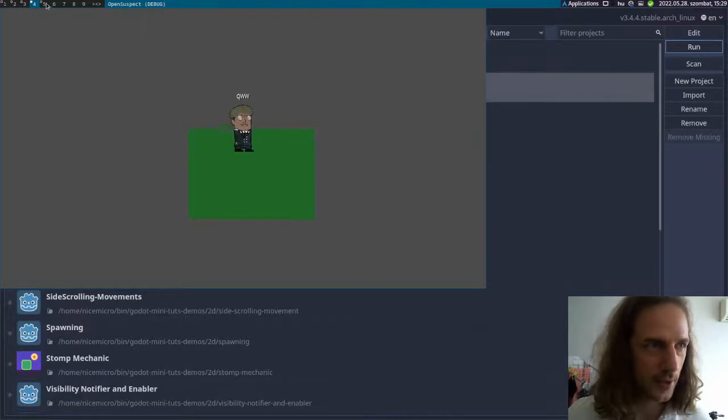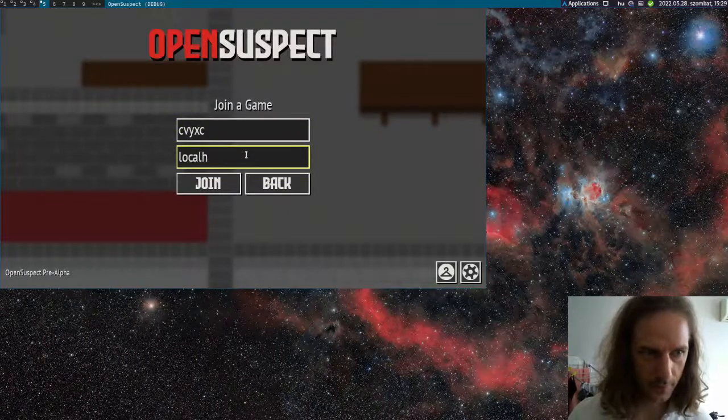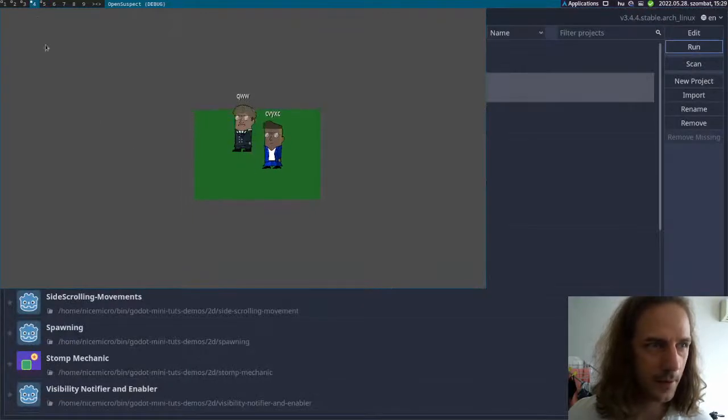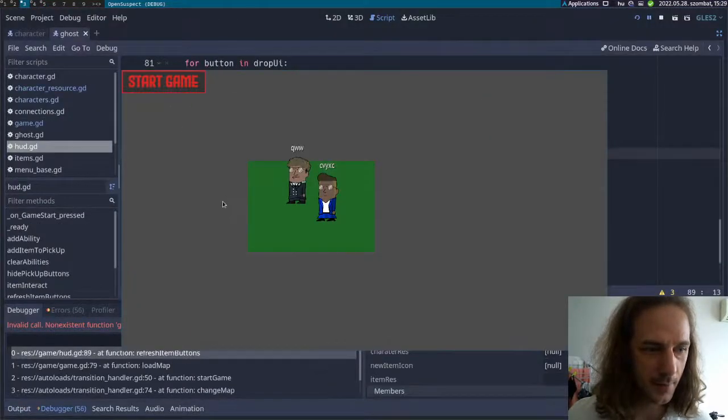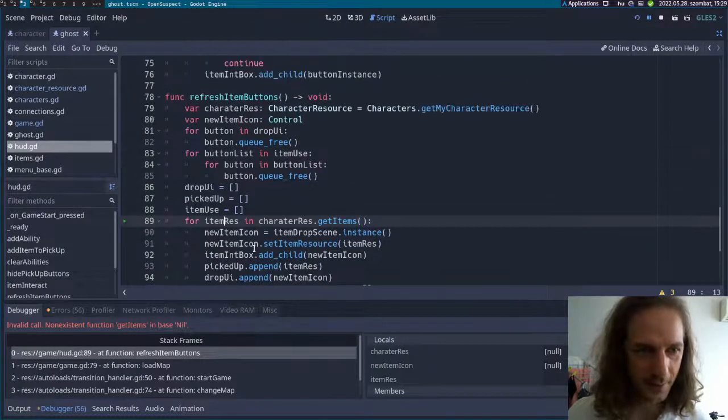I can join and I can see my character customized. That's something. This is also true for this other character, so the dedicated server can start the game and it will break. There is no get items in base nil